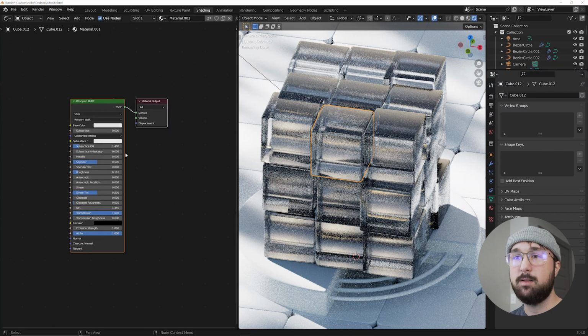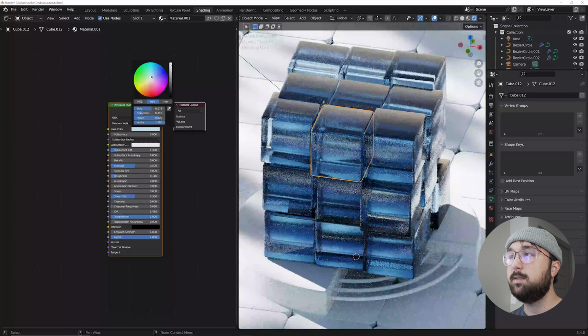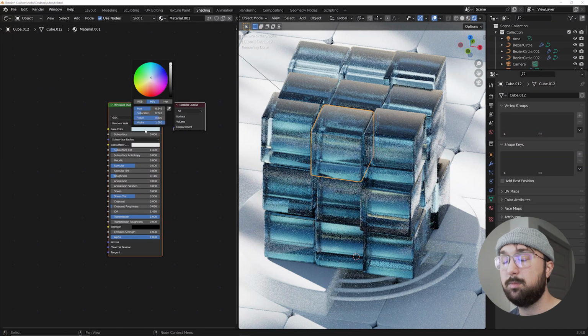I'm gonna hit the period key to bring it here. So let's go ahead and get a little bit of color. Glass is very sensitive to color additions, so just be very careful with it. Now there's two ways. The first way is not my favorite, but it should always work and look